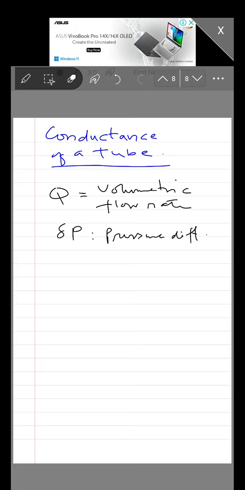Then the conductance of the tube is given as C